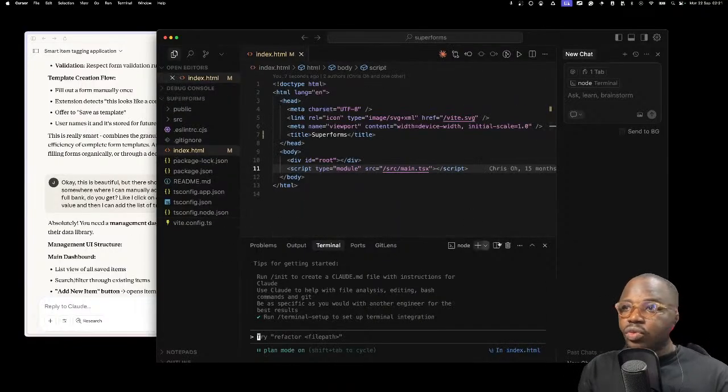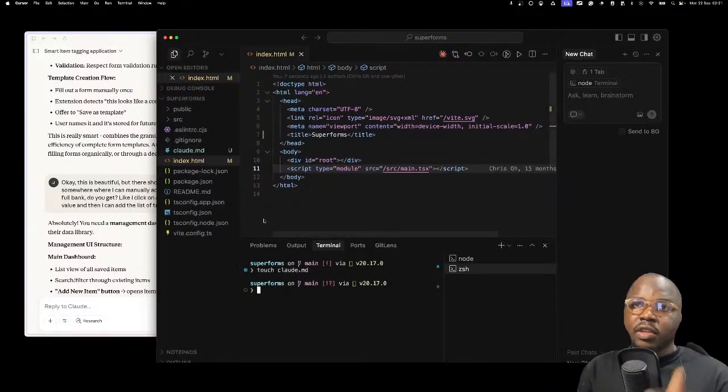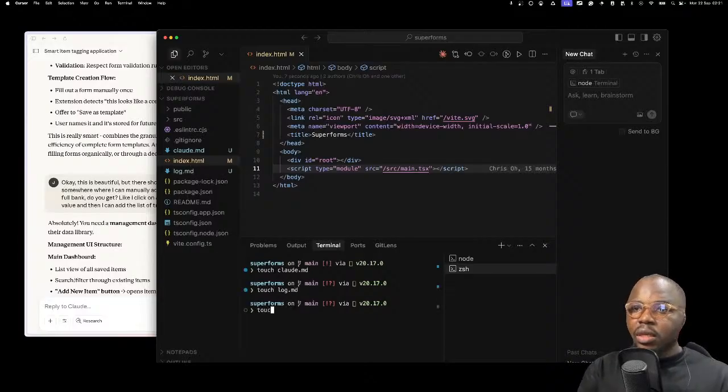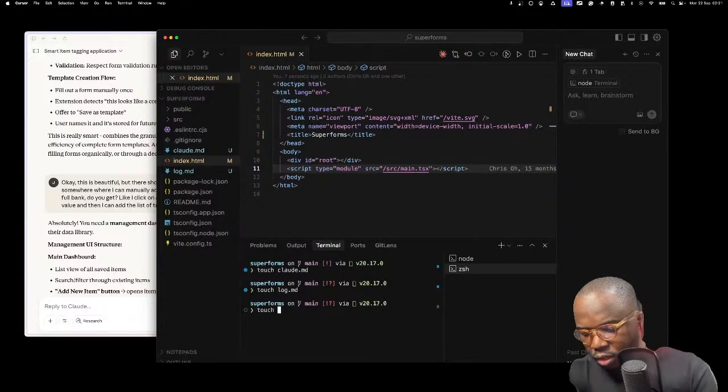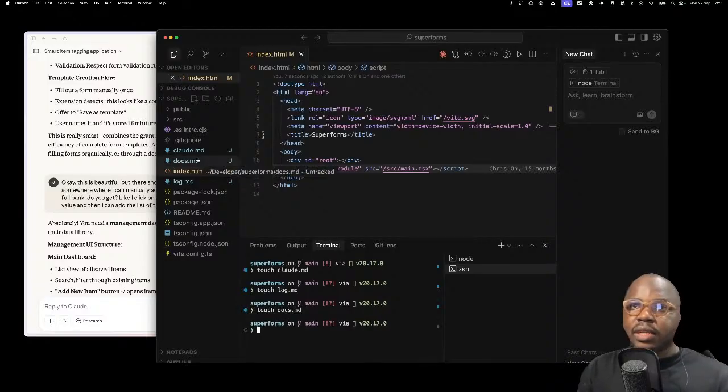But one thing I want to do quickly right now is add the CLAUDE.md file. I also like to add the log.md. I also like to add what else? The docs.md. Okay, so I like to add this stuff.